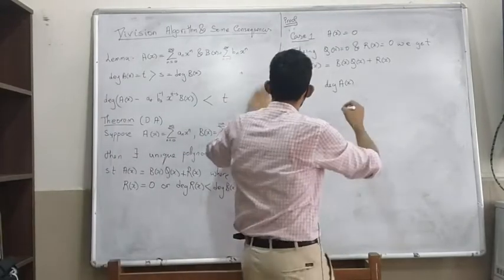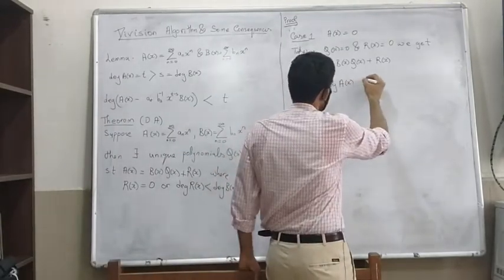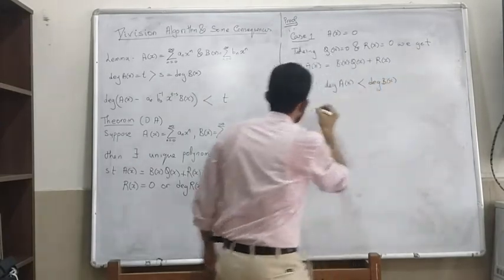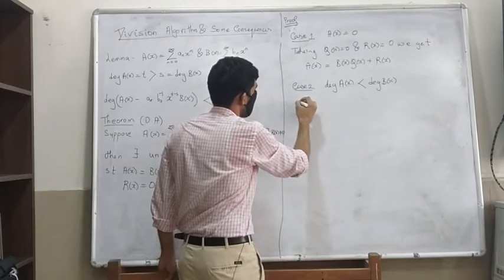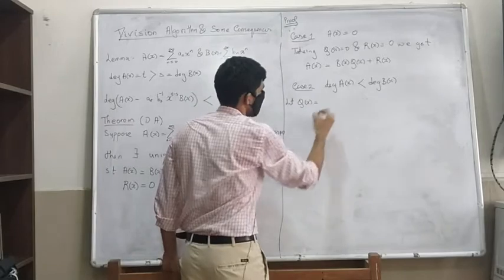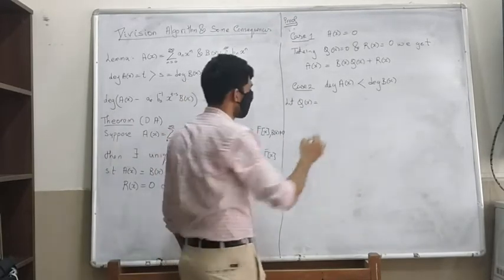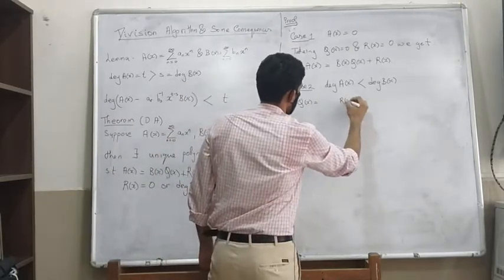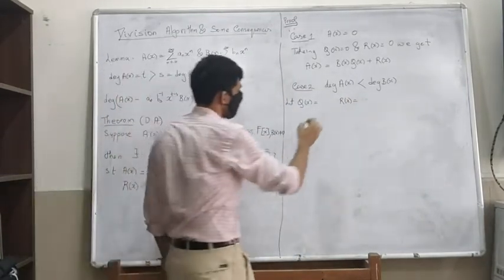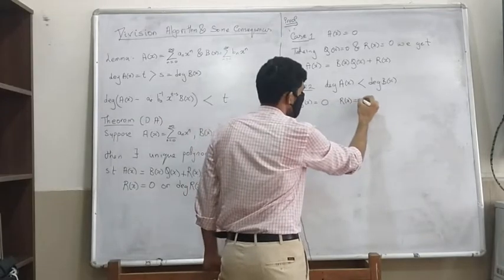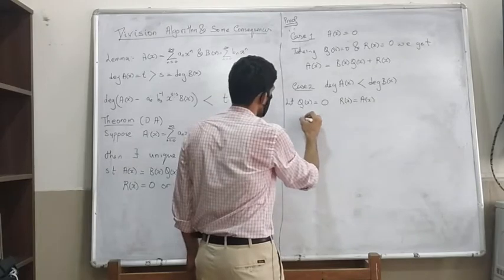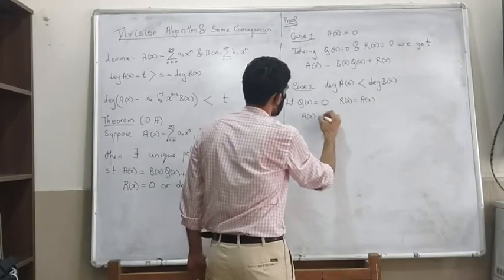So this is the same thing which happens in this case. If the degree of A is less than the degree of B, then we can take Q of x to be 0 and R of x to be A of x itself, and then we have, so these are the trivial cases.